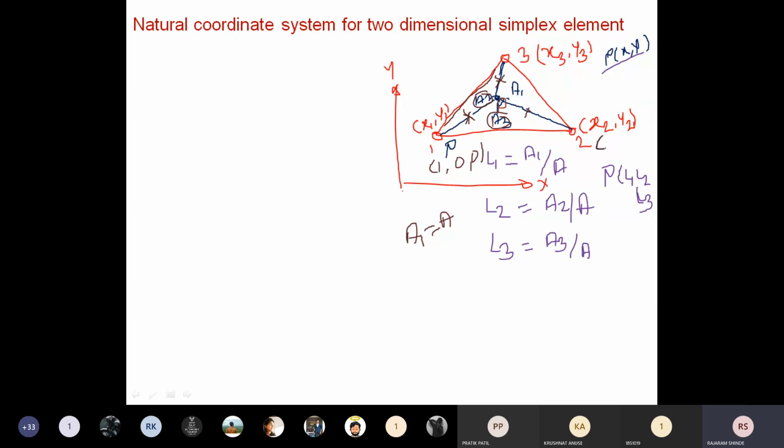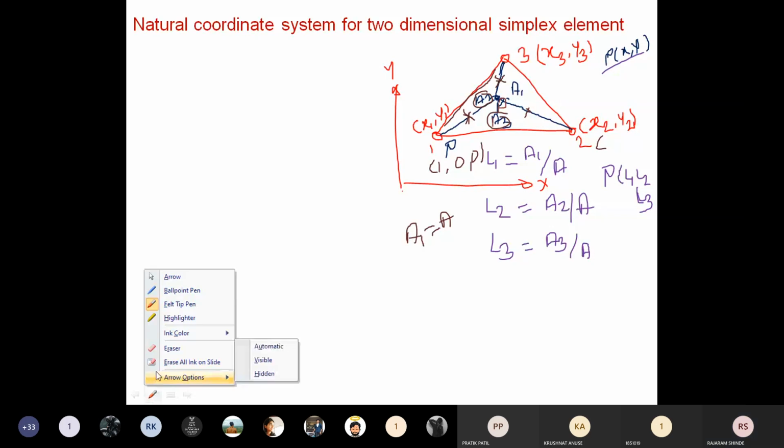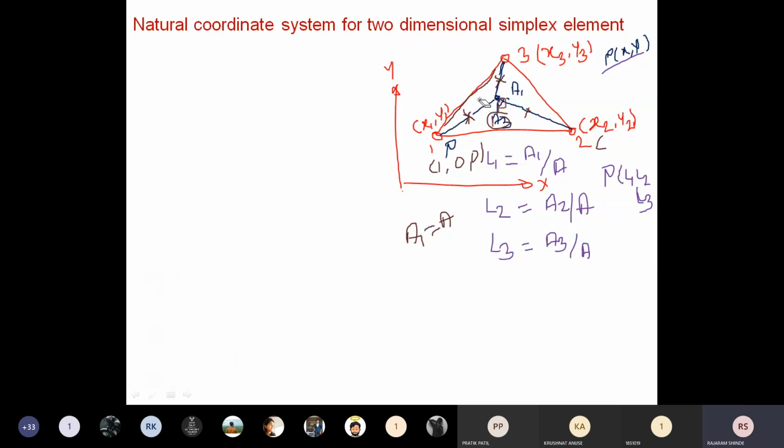Same thing when we go to node number 2. I will erase this one and again I will show you. Now see here, point P is here. The initial position of point P was here. This is for dividing the triangular element. Now when point P is shifted from this location to this location here,